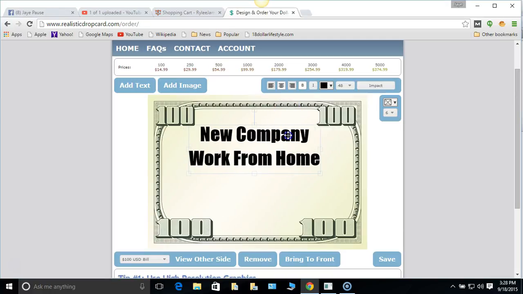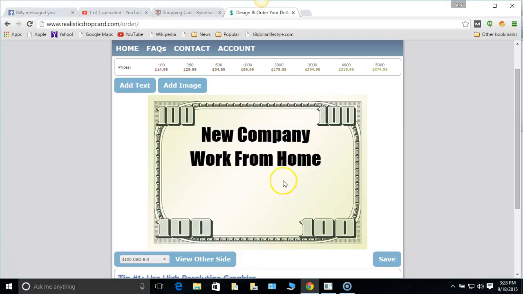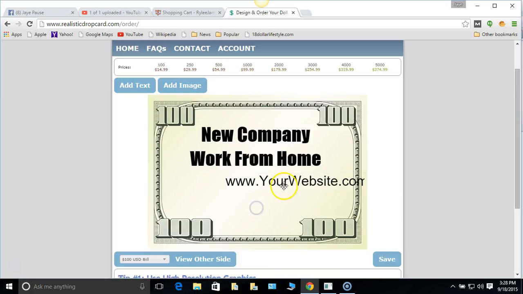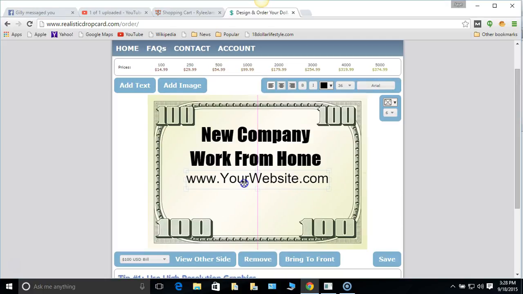Now we're going to move this again. It just takes a few minutes to get the hang of how to work it, but once you figure it out, it's pretty easy. And then we're going to add another line. The cool thing with this is you can add images, you can pretty much do whatever you want with this. And then you're just going to do yourwebsite.com, and then you're going to move that over here like this,